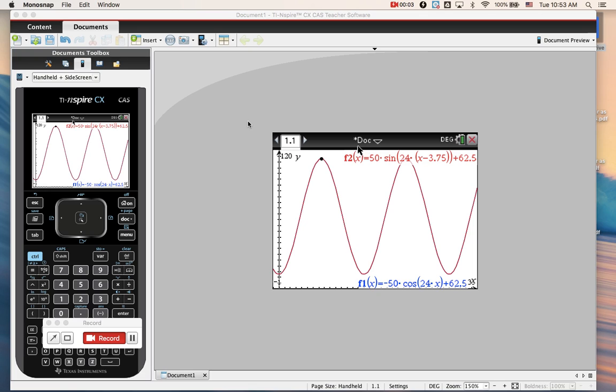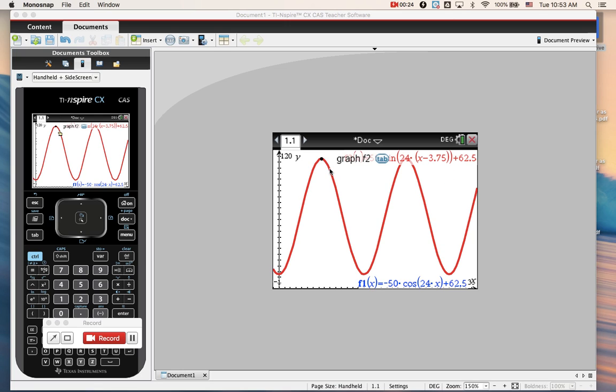So I'm just going to show you some bells and whistles that basically you can analyze this graph any which way that you'd like. So again, this is describing the Cosmo clock problem, and we've come up with those two equations, one with the negative cosine and one with the positive sine, both describing the same movement, just starting at different places. And if I wanted to, I could find the maximums and exactly at